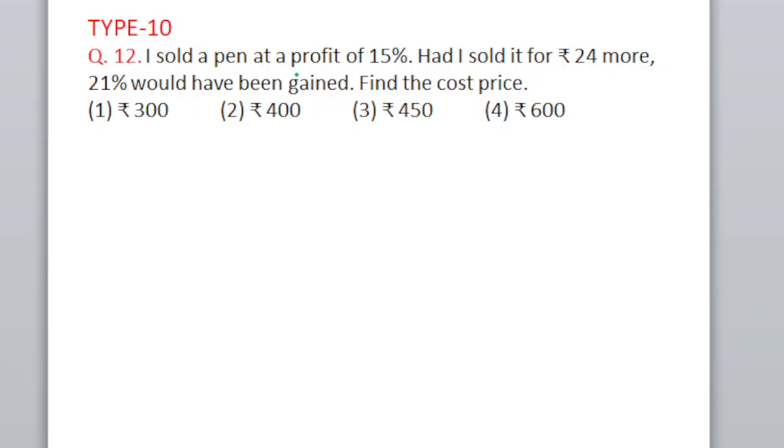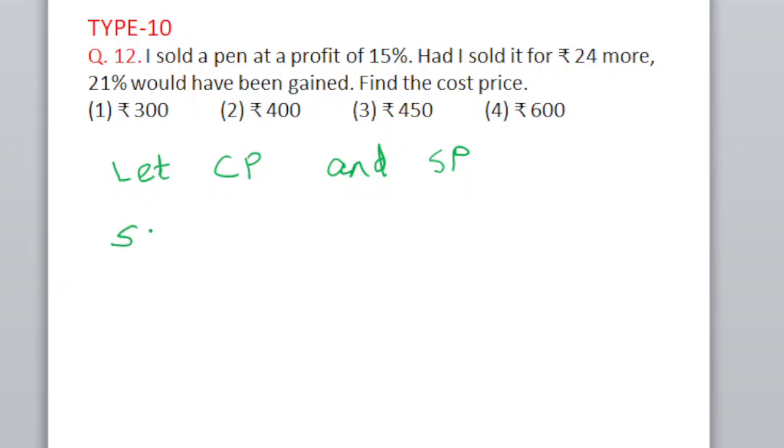I sold a pen at a profit of 15%. Had I sold it for rupees 24 more, 21% would have been gained. Find the cost price. Here, let CP be the cost price and SP be the selling price. Then according to our question,